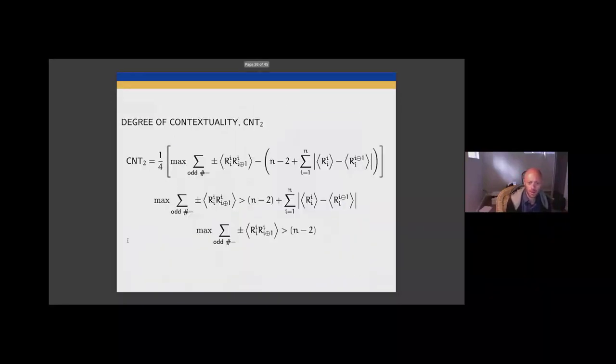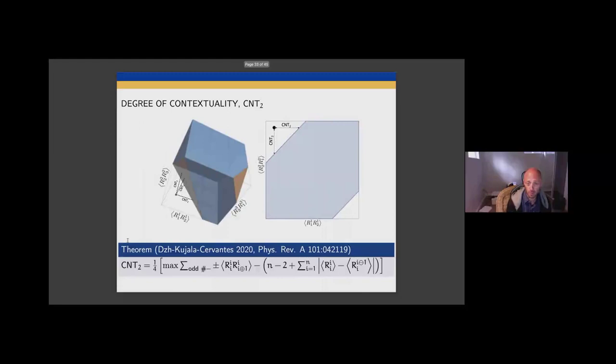In the case where you have binary random variables and only two of them per context, then you're right. Once you've specified the single-variable marginals, you can specify the full joint distribution in either of the two ways you've just said. But that's not the case if you have, say, three observations, three measurements per context. Right. It is a very good observation, and that's why there is a general measure, CNT2, that was described in a paper that we published in 2019,